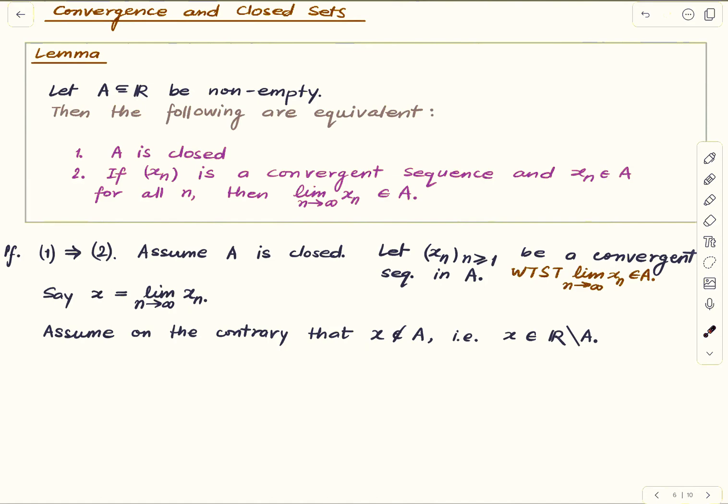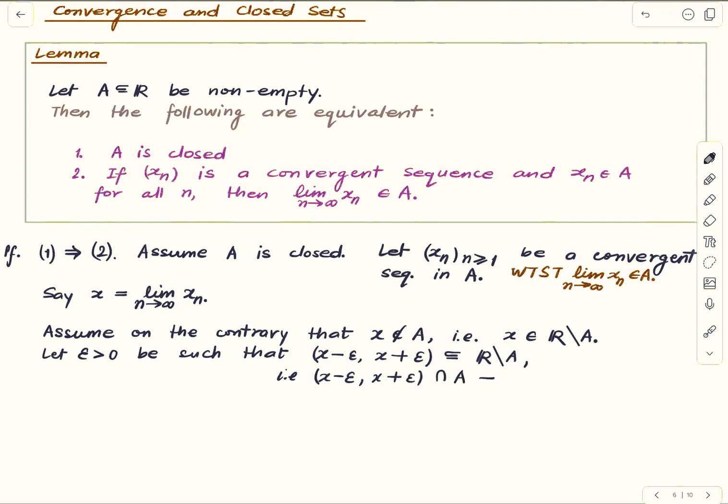So that's the scheme of the proof, and that's exactly the proof. So let's just write it down. Since x is not in A complement, and since A complement is open, we can find epsilon greater than 0 such that this interval is contained in the complement of A, which is to say that this interval does not intersect A, or intersects A in the empty set,